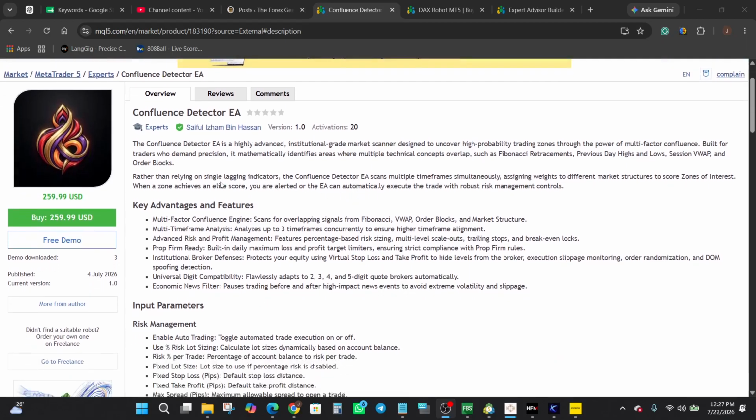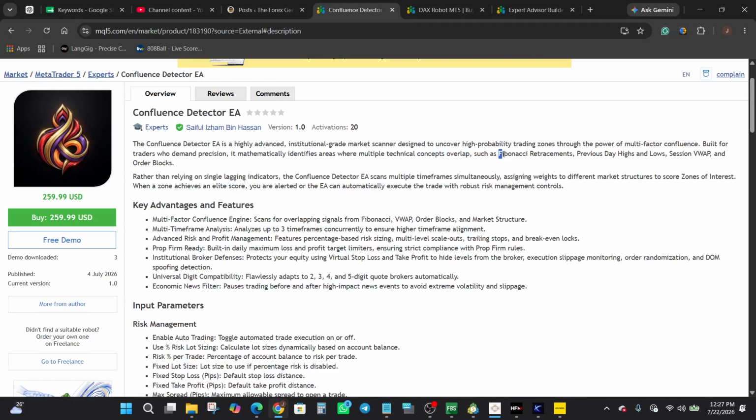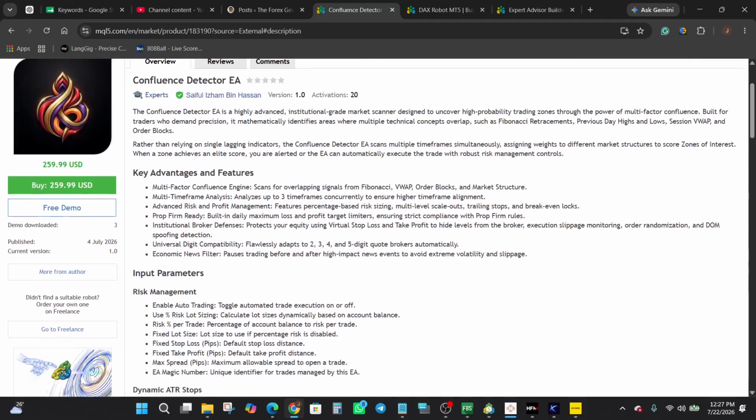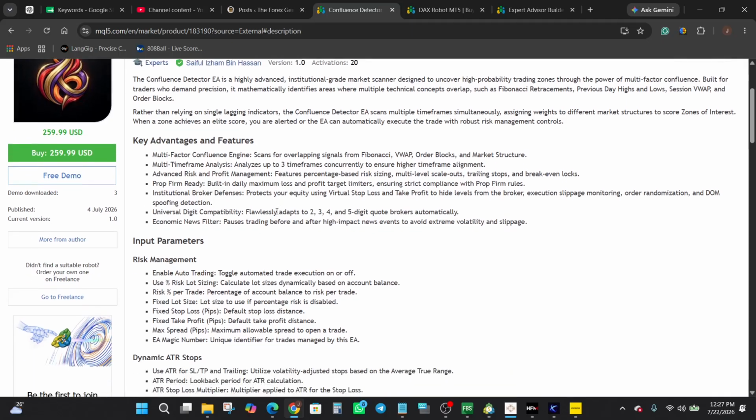On the marketplace page, the description positions it as an institutional grade market scanner that looks for high probability zones where multiple technical concepts overlap. It mentions things like Fibonacci retracement, previous day highs and lows, session VWAP, and order blocks. The EA scans multiple time frames at once, assigns weight to different market structures, and scores zones of interest. When a zone hits a high enough score, it can alert you or take trades automatically with built-in